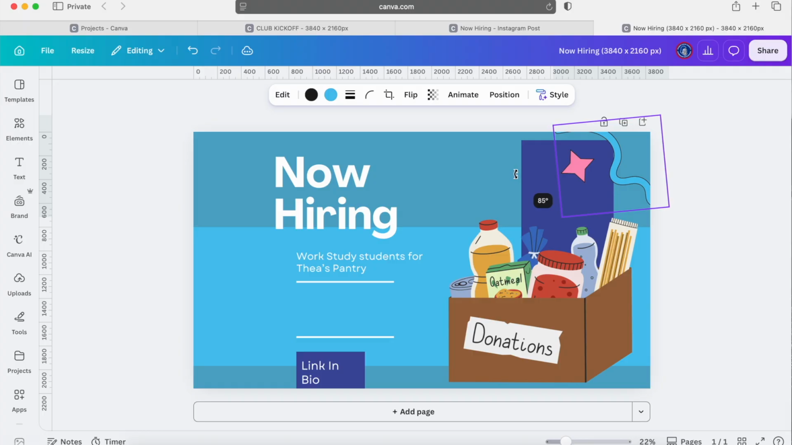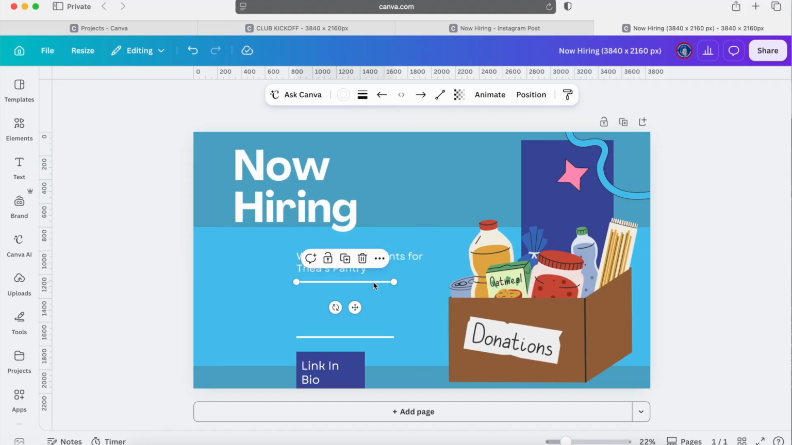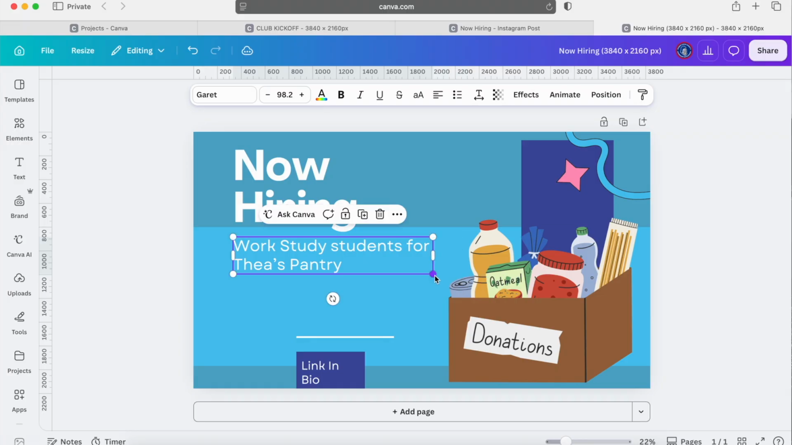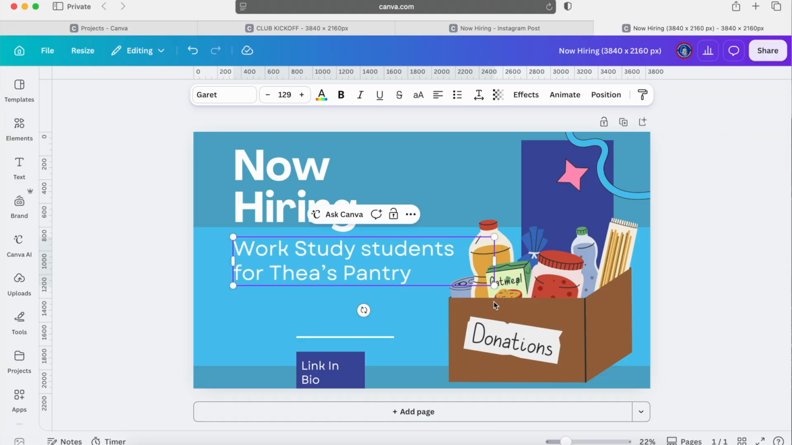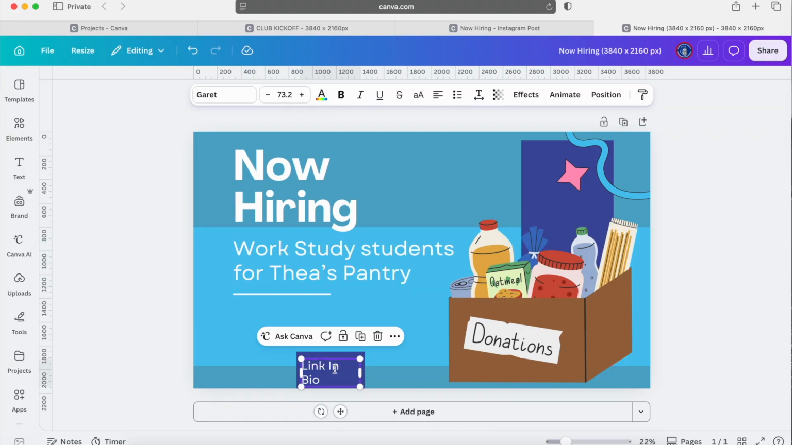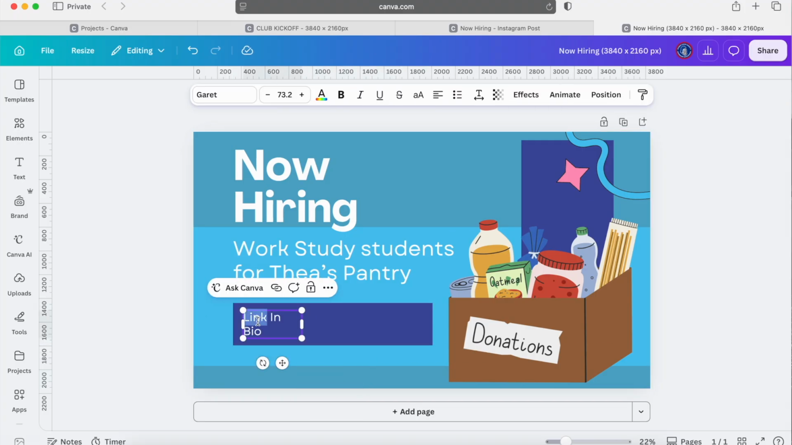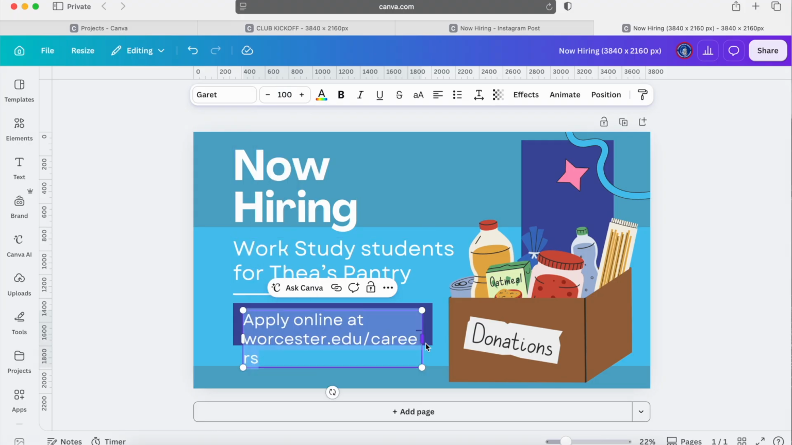All right, so now I'm going to focus in on the text. Again, I'm going to want to make it a little bit larger so people can read it from further away. I'm going to line everything up. Go ahead and make that bigger, play around with it. I'm going to keep some of the original elements, like that line to break things up. I did like how some of the information was in a different colored box. Obviously, link in bio does not work for a digital screen, so I'm going to go ahead and put some information on how students can apply for the job. Just real quick, apply online at worcester.edu/careers. So I'm going to play around with that as well, make it a little bit bigger, and see kind of